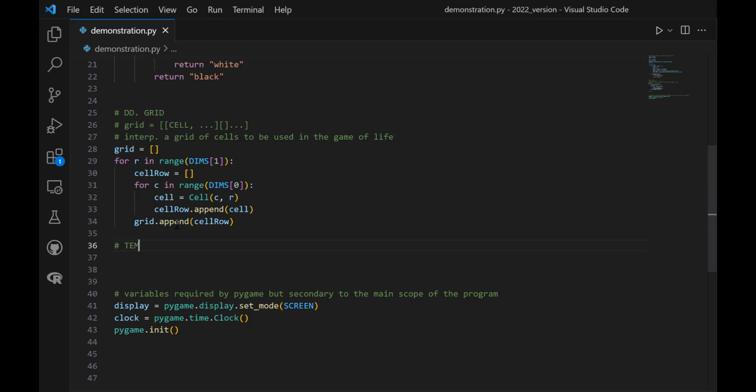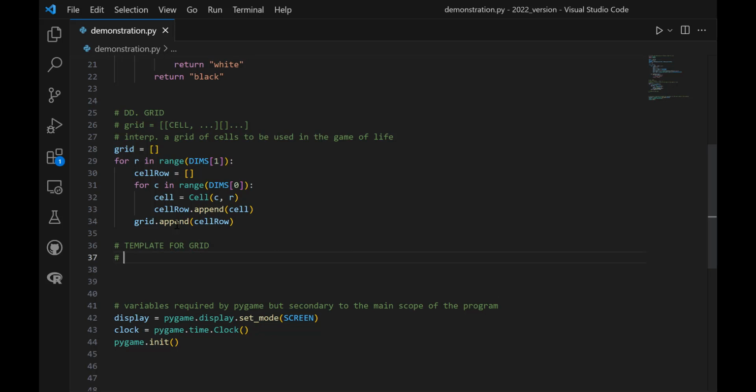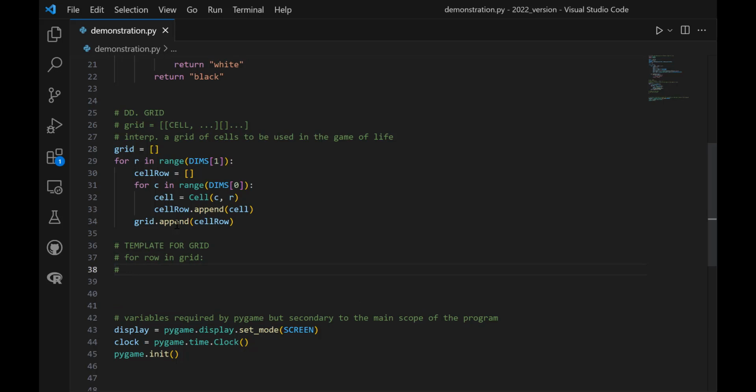Something that we need to generate is also a template. A template for grid. A template is just an outline that suggests how the information inside of an array or a list should be traversed. For every single row in the grid,